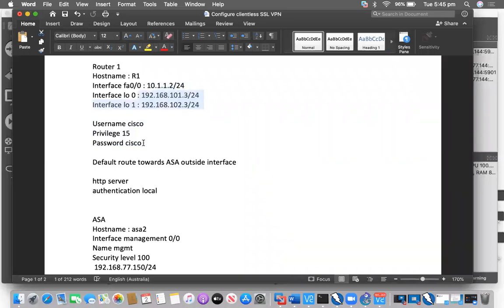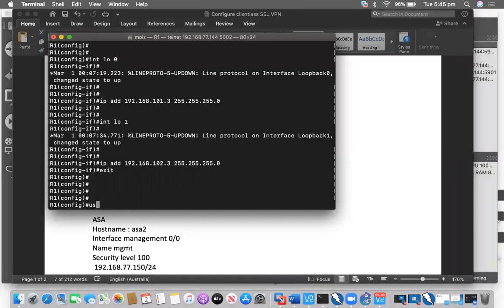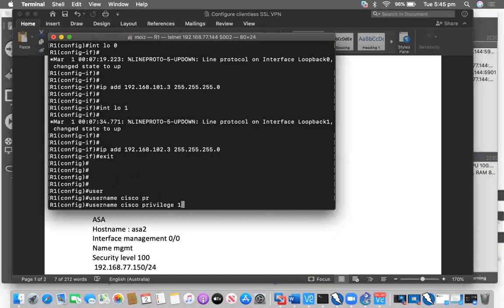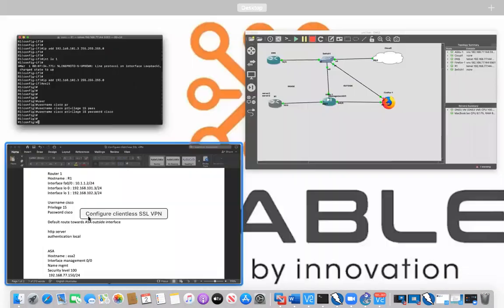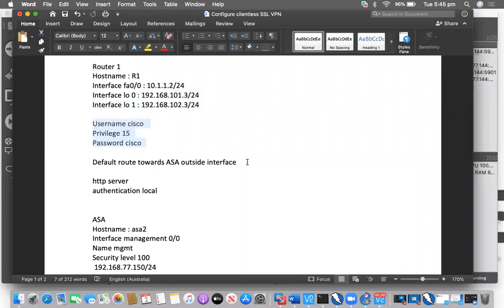Now we will be creating the username. So username Cisco, privilege 15 and password Cisco. So now this is also configured. Now we will be creating a default gateway towards the ASA inside interface, that is 10.1.1.1.